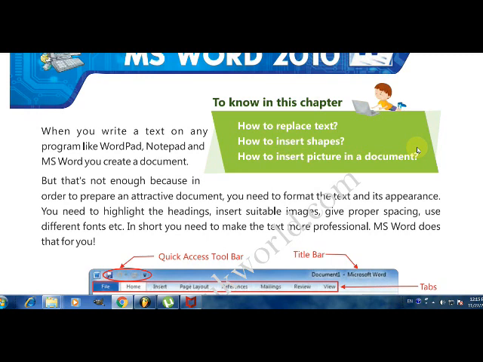And Microsoft Word is not the only word processing application used worldwide. So many applications are there. Microsoft Word is one of them. Let's see some other applications which are used as word processing applications. First one is Writer, which is of OpenOffice. Then WordPerfect, WordStar, then WordPad. These are some other applications which can be used as word processing applications. So that is about Microsoft Word and some examples of word processing applications.